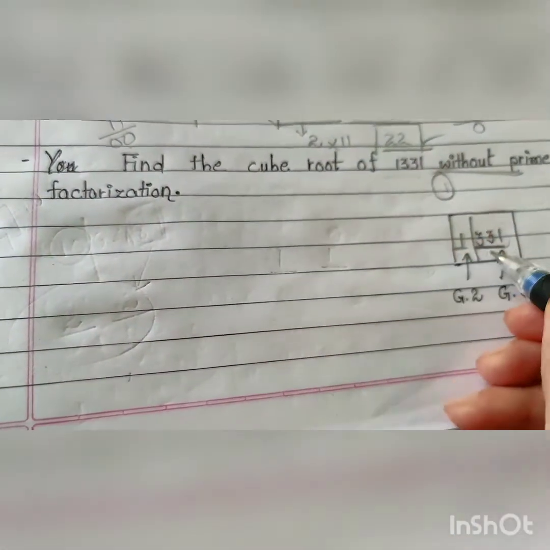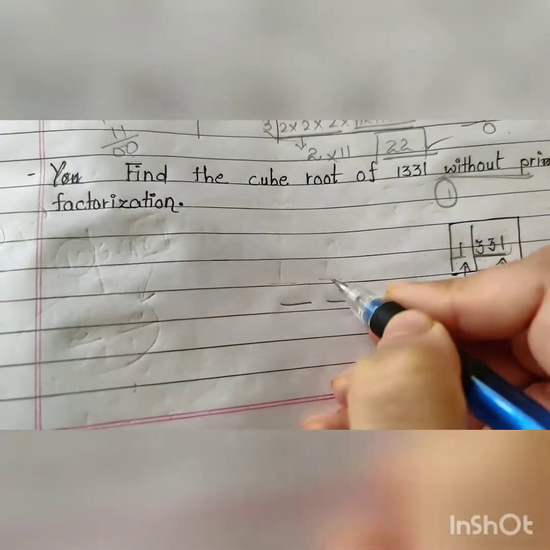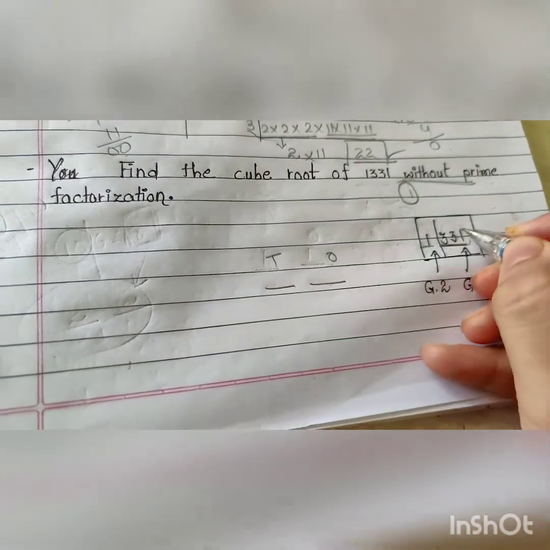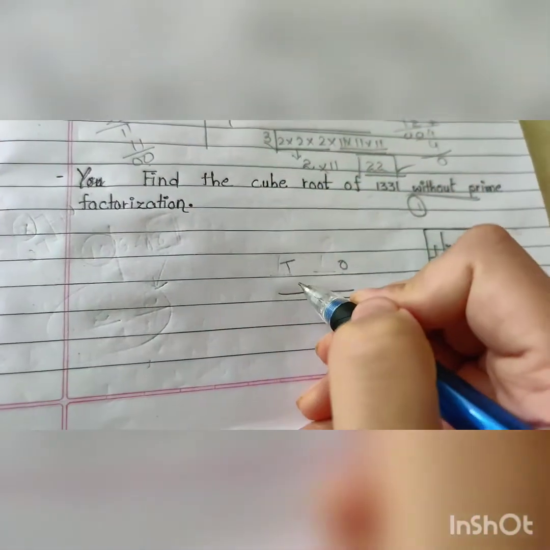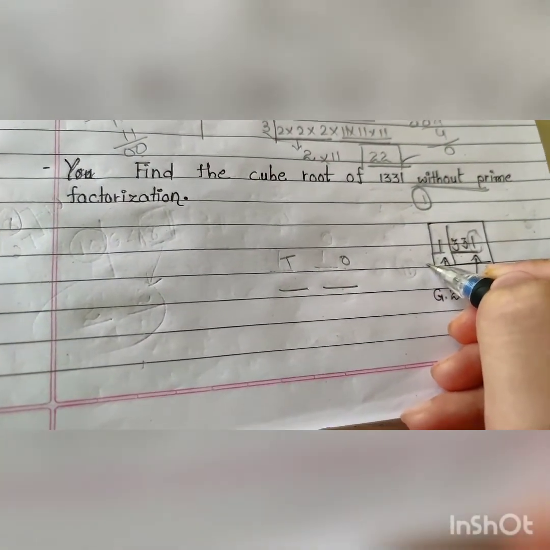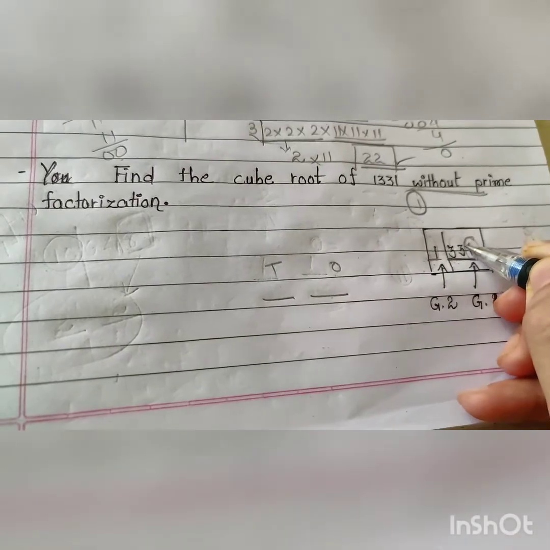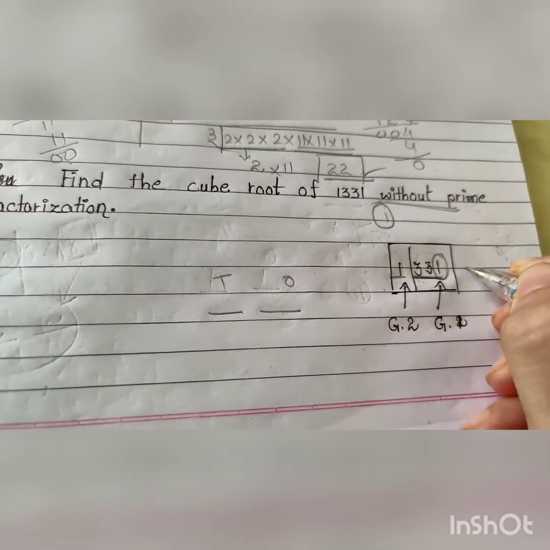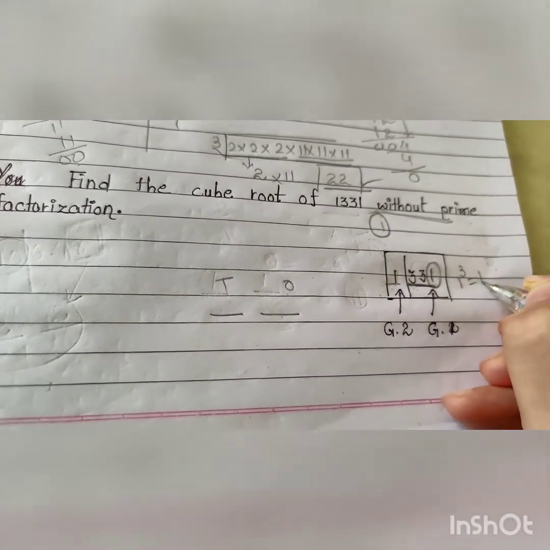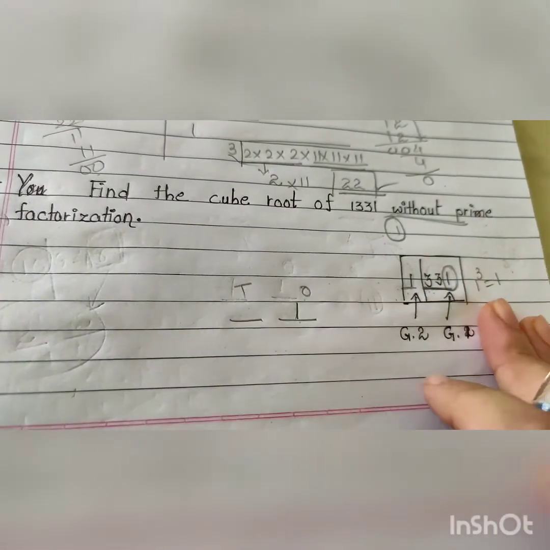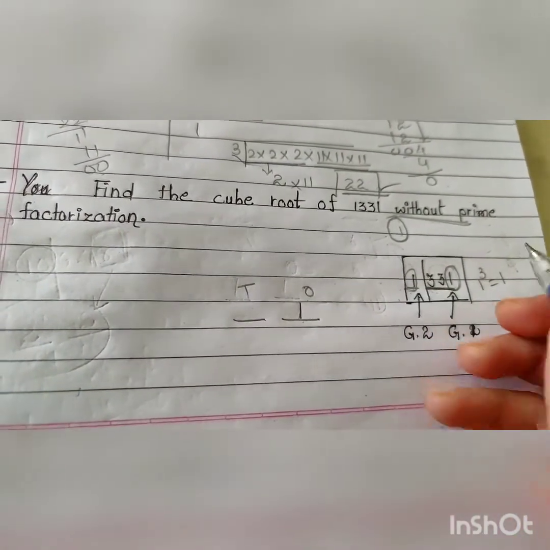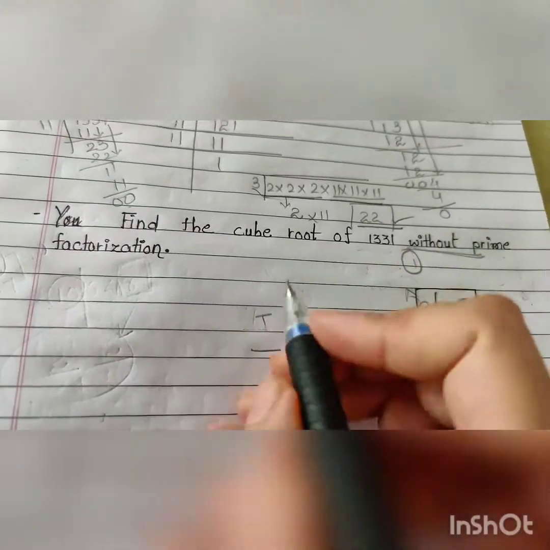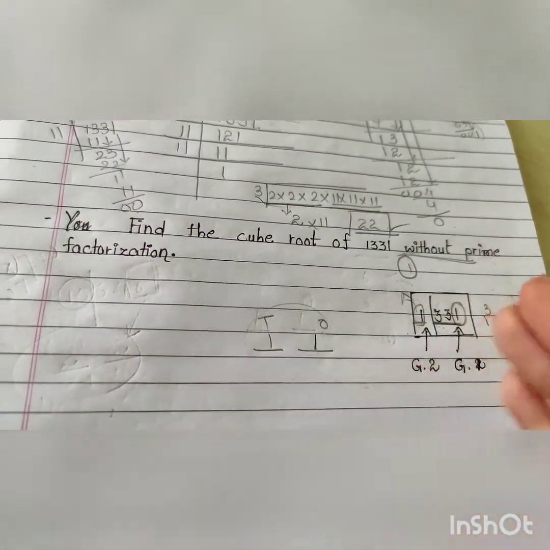Now the second step, we have to find its cube root. So here we need 2 digits, at the 1s place and the 10s place. For the 1s digit, group 1 will help us, and for the 10s digit, group 2 will help. Okay, so check here, what is the digit at the 1's place? It is 1. So check, 1 is the cube of what? 1 is the cube of 1, right? So here 1 will come. Now next is again 1. For this we will again check, 1 is the cube of what? Of 1, so 1. Hence your answer is 11.